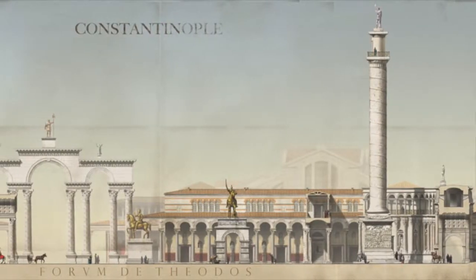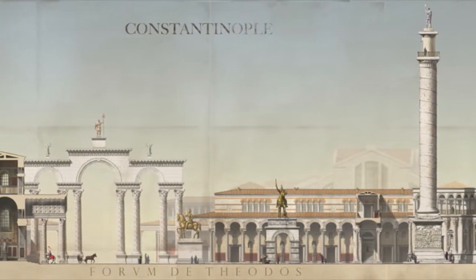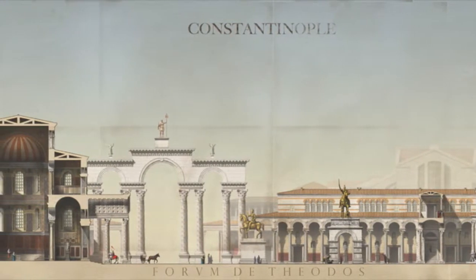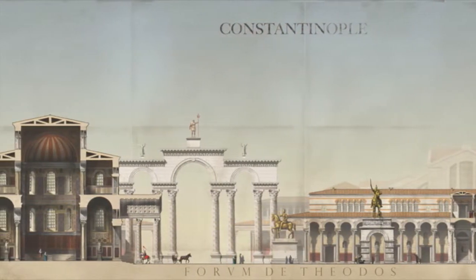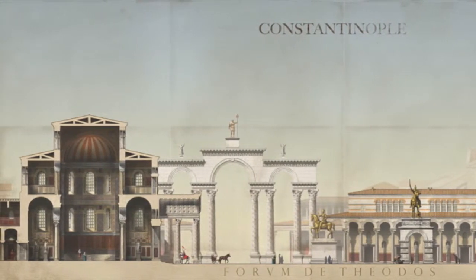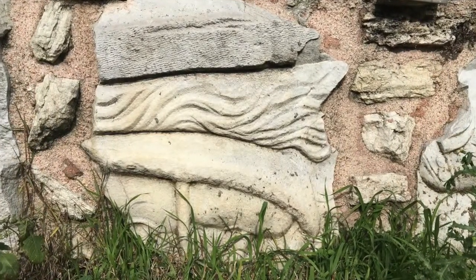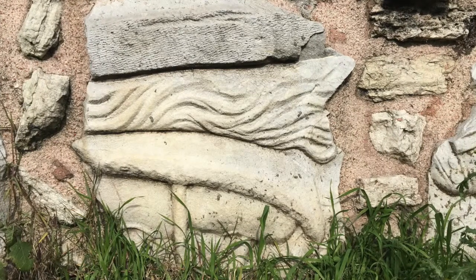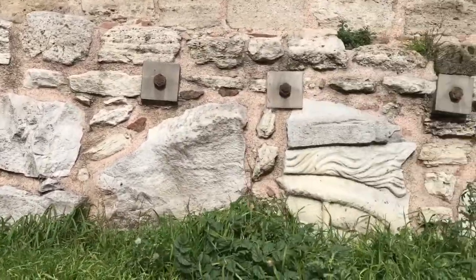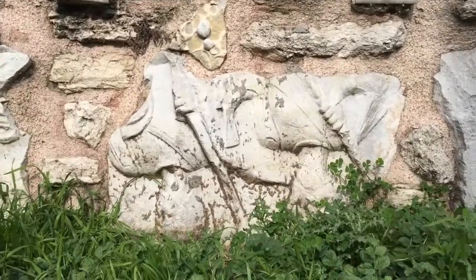Probably the largest one of Constantinople, Forum of Theodosius was built during the reign of Theodosius I. As an outcome of the rivalry with Rome, this forum was very similar to Forum of Trajan in Rome. In the middle of this forum stood Column of Theodosius. This monumental column took columns of Trajan and Marcus Aurelius in Rome as examples with the internal spiral staircase, spiral reliefs, and an imperial statue on top. It was around 40 meters tall and it was made of white marble.